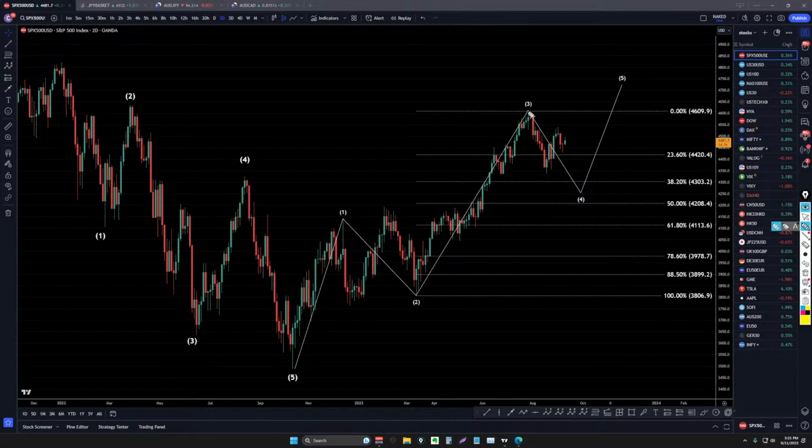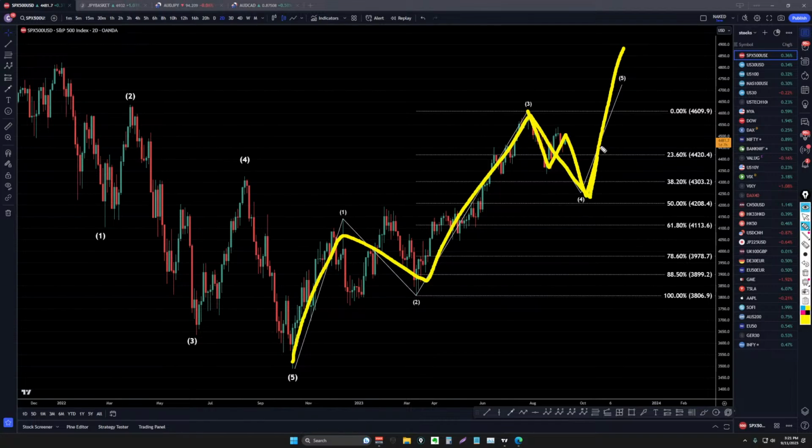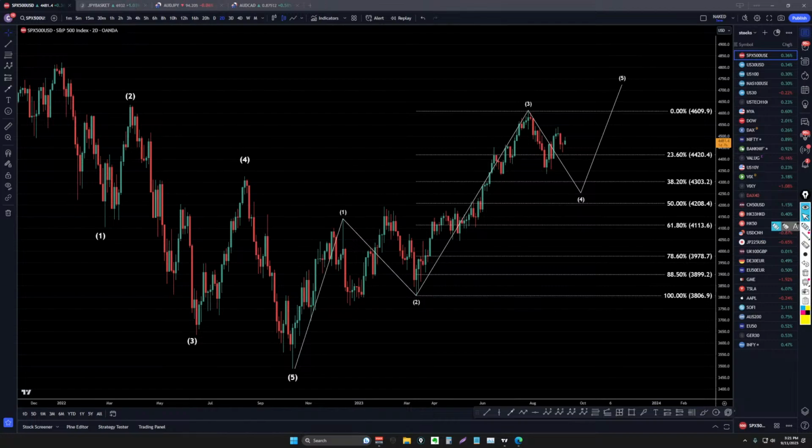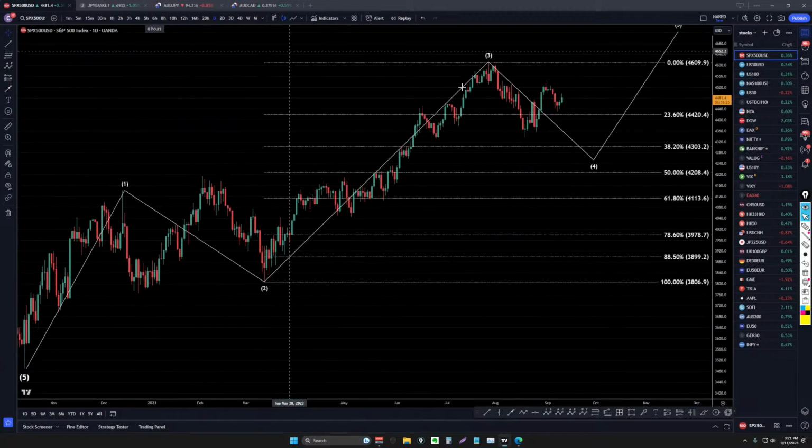On the higher time frames, it looks like it needs to do this. 1, 2, 3, 4, 5. So let's see if that's how it works out. Nope, hold on here. Let's see if